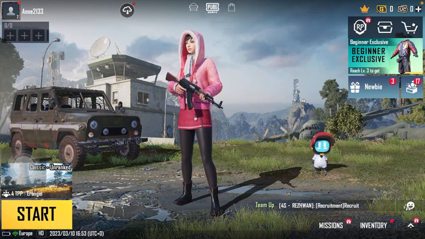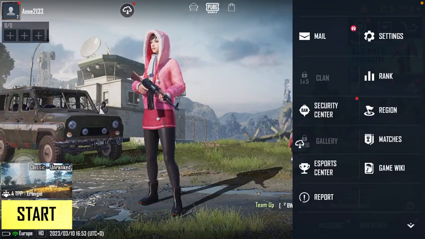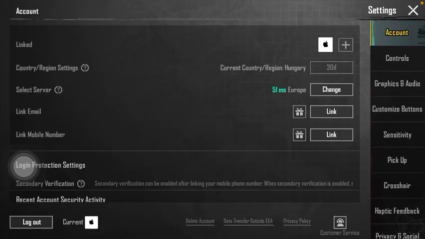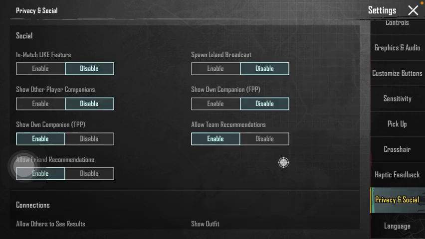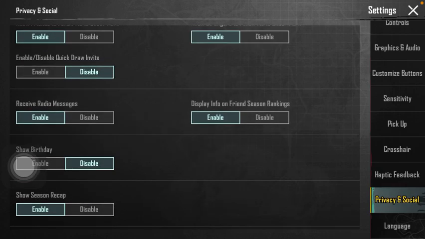First of all, open the app on your phone, then click on this button down below on the right side corner of the screen. Then tap on settings at the top, scroll down to the privacy and social section in this right side column, then scroll down again and in the second column you can find the display info on friend season rankings, a feature that you can turn on by tapping on the disable or the enable button. If you want to turn it off, click on the